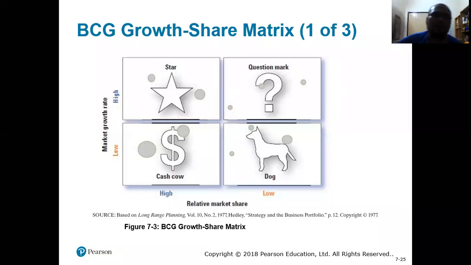So any of your product lines or business units which fall under the star category are the promising ones. These are your golden boys. So if any of your product lines or business units fall under the star category, it means they can contribute a lot of profit to your company, so you should keep them. All right, that is the first category, star. All right, class, if you look at the life cycle, normally a star is at the growth stage.